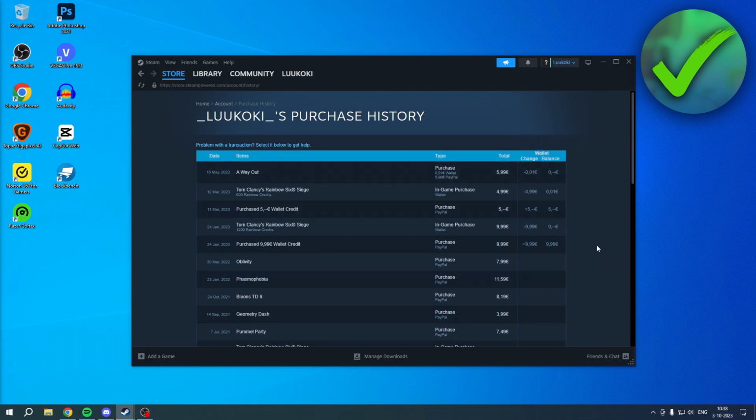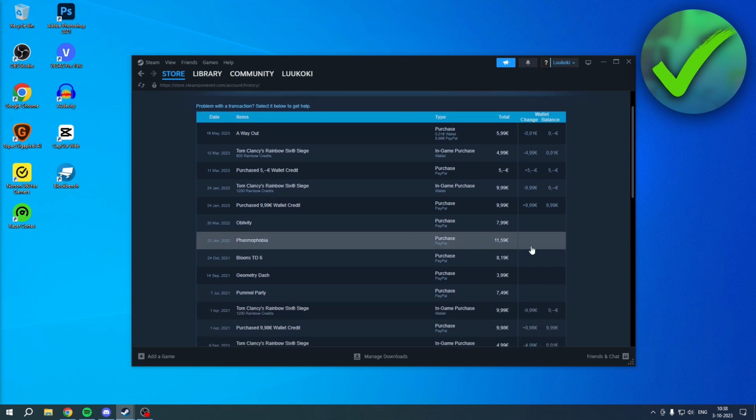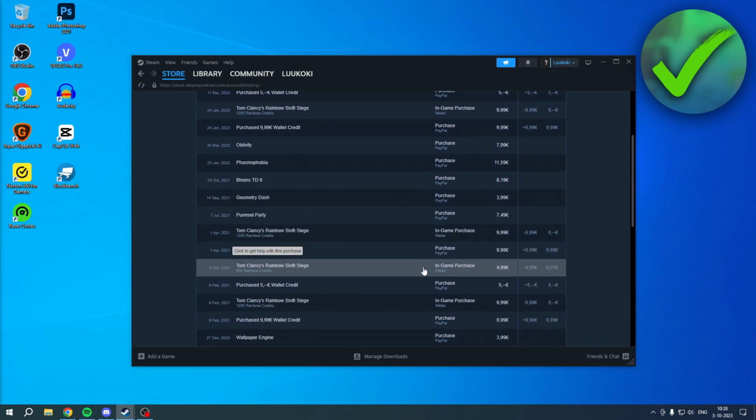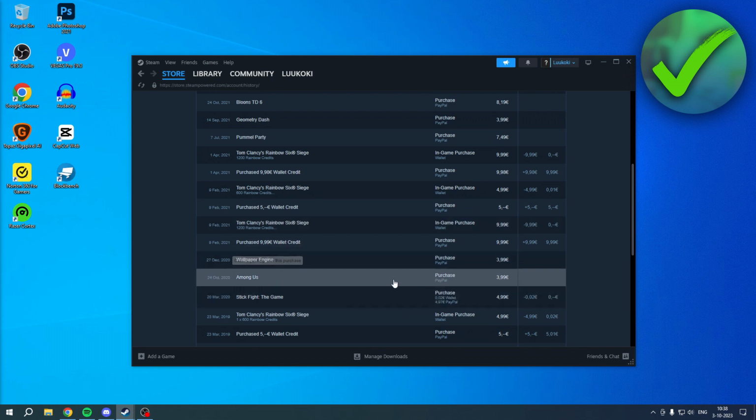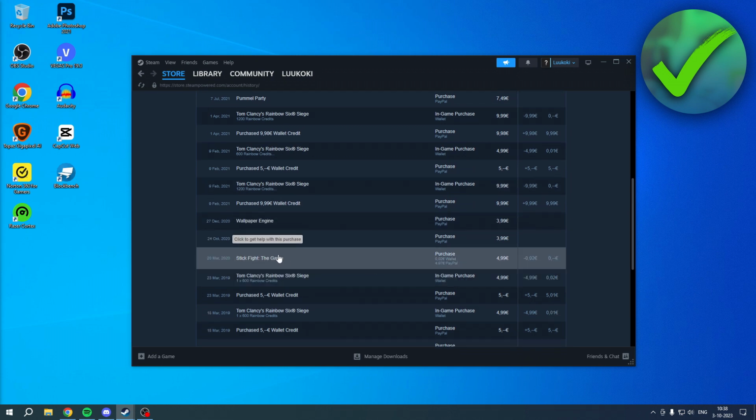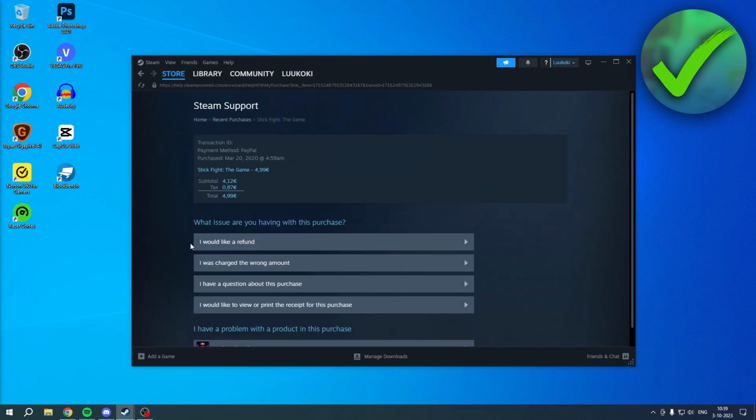So here you can see all of the purchases, but for example, let's find a game. For example, let's say this game. I can click on here. And then here I can actually click on I would like a refund, but there is actually a policy of